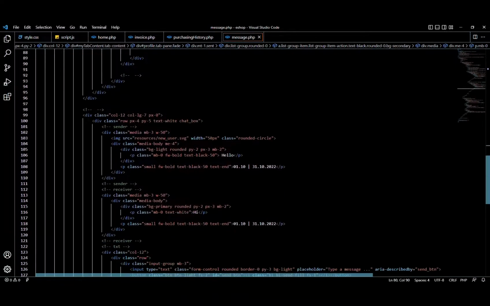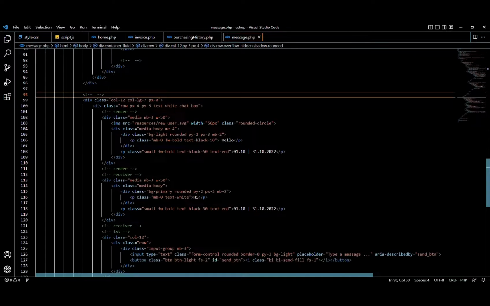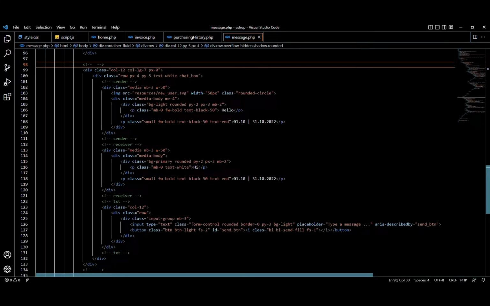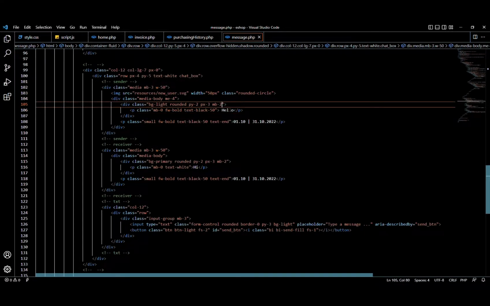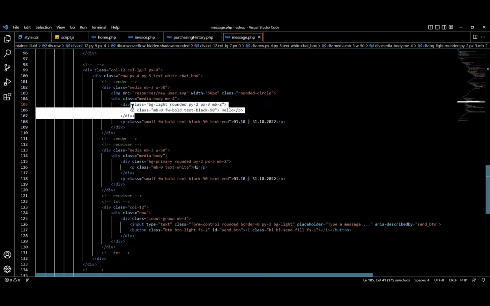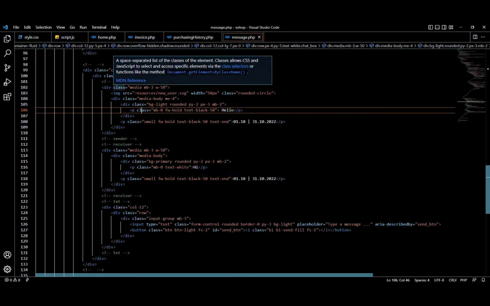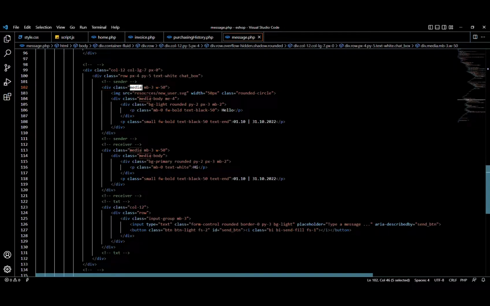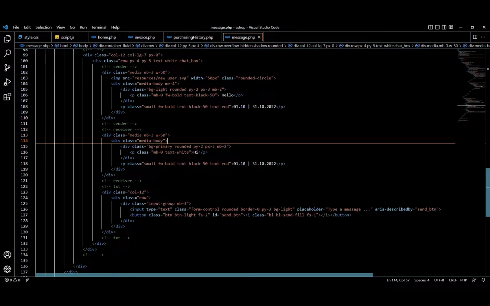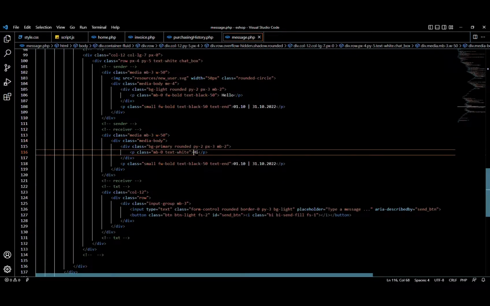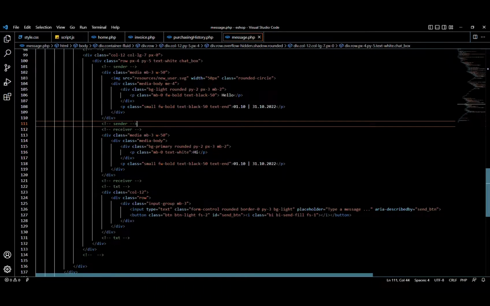Then we have a message log or chat history with the person. This is the example for that. We have the images, resources, new user.svg. So here we have the chat. Here this is also in a div class, and these all have a media class, which is a Bootstrap CSS class, and here we have the messages sent between the two users. So here we have the sender's messages,